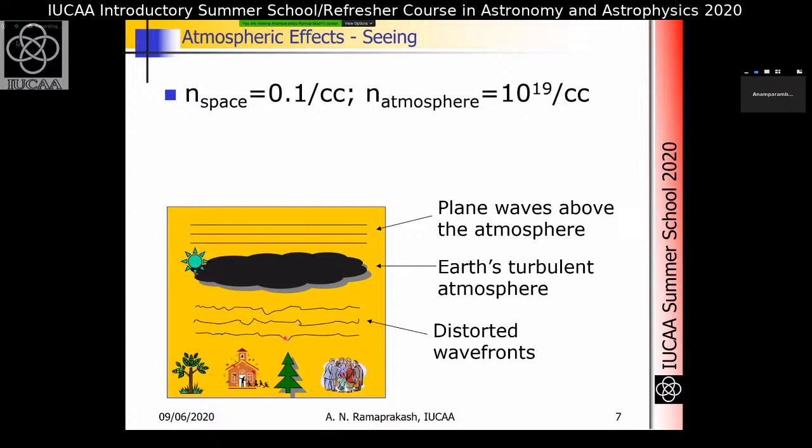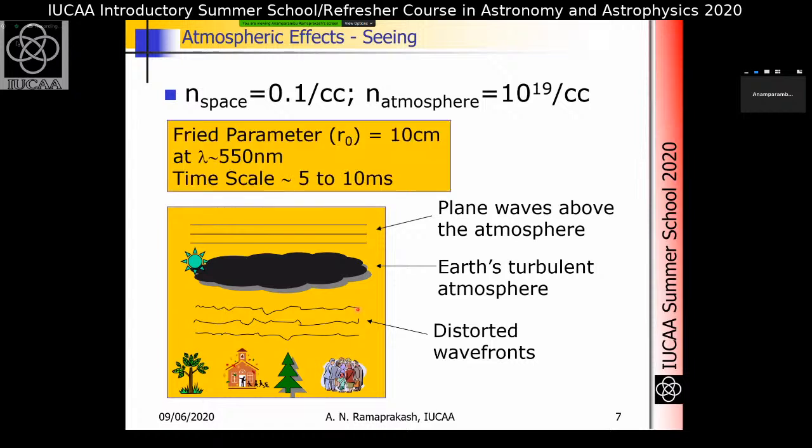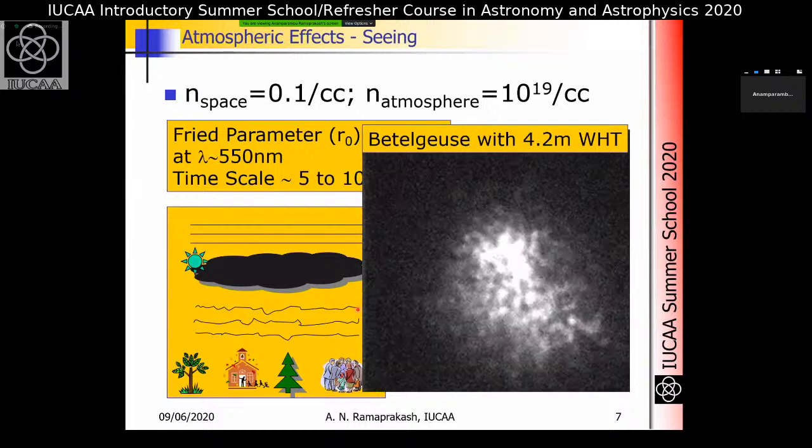And this relative variation between refractive indices is continuously changing, because the atmosphere is constantly in motion and in turbulence. So the next wavefront would have a completely different shape. And the next wavefront which passes through the atmosphere would have a completely different shape as it falls on the telescope. So the net effect of all this is that if I look at an image of an object